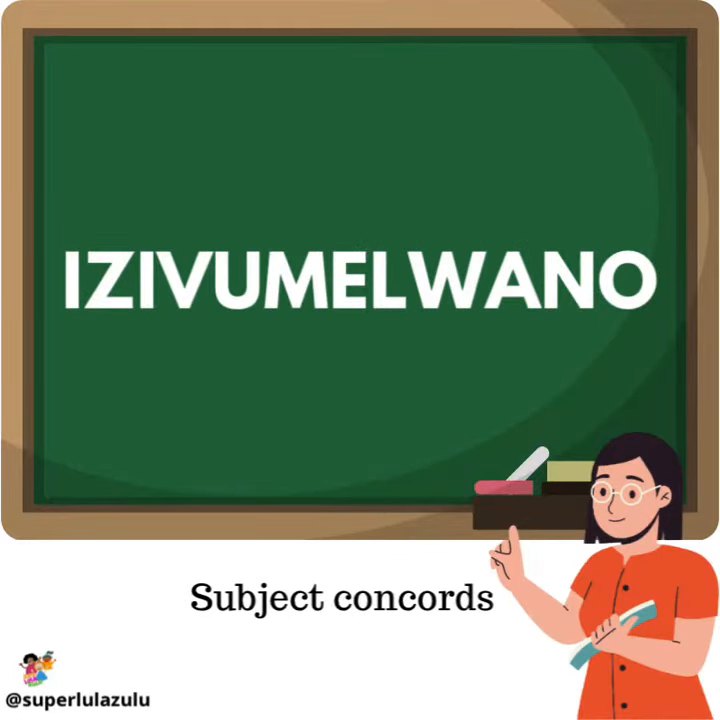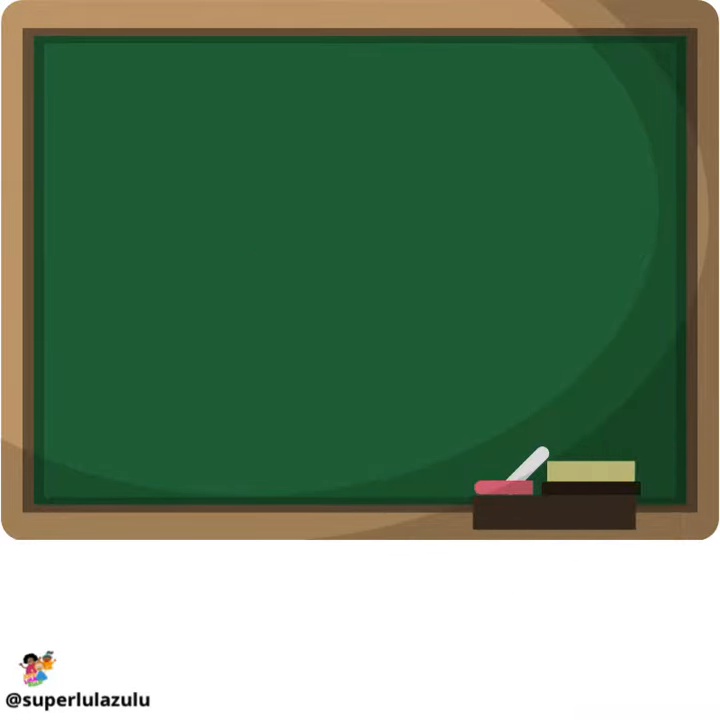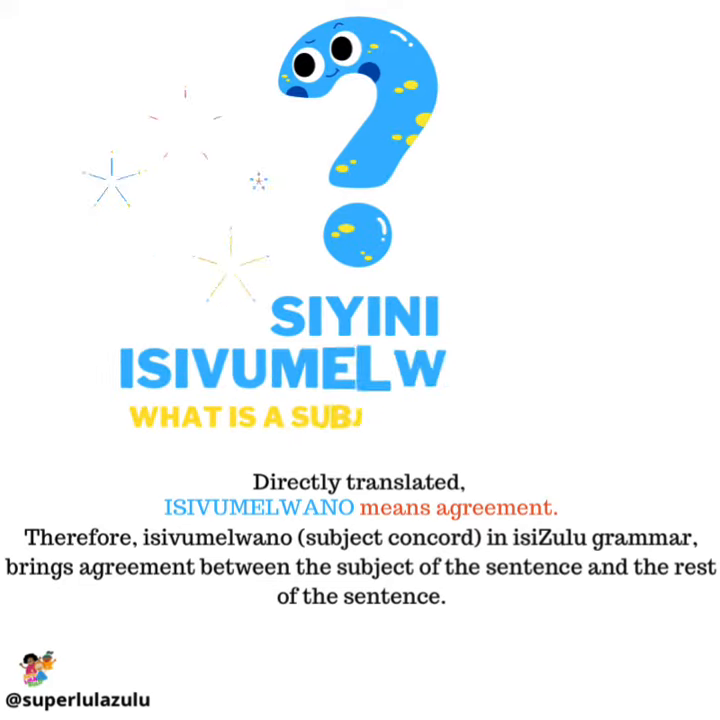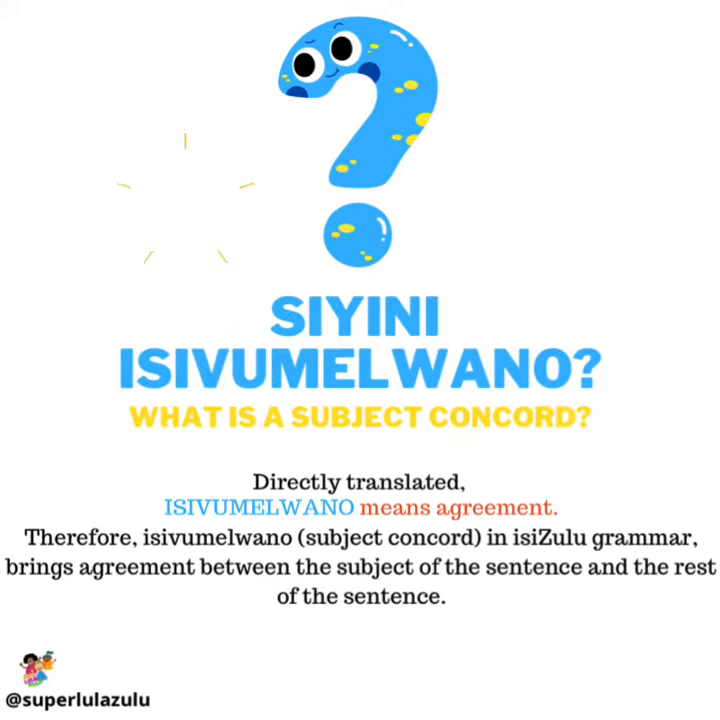Izivumelwano. Subject concords. Siyini isivumelwano? What is a subject concord? Directly translated, isivumelwano means agreement. Therefore, isivumelwano, subject concord, in IsiZulu grammar brings agreement between the subject of the sentence and the rest of the